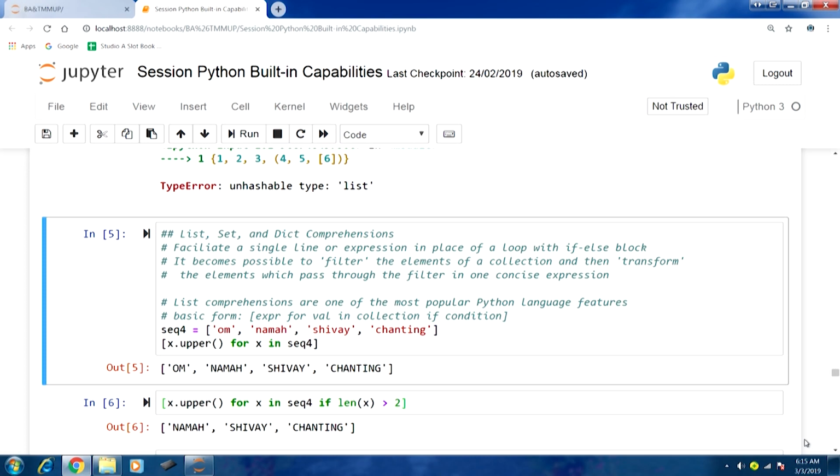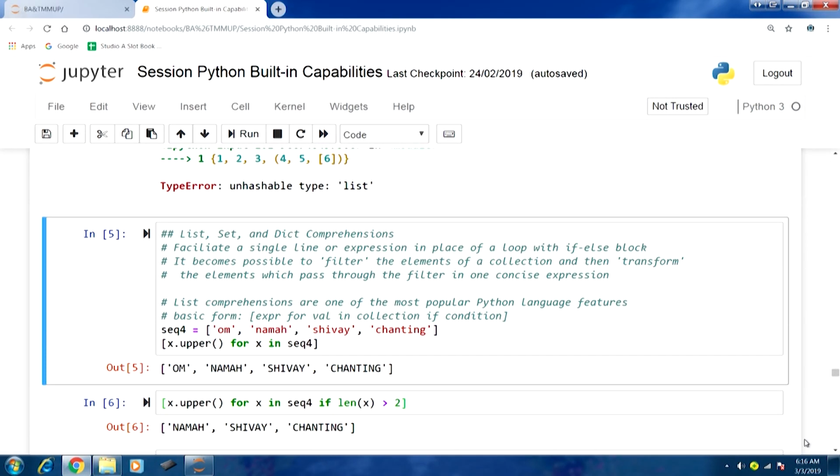Let us assume there is going to be some filtered output. We take that filtered output, x, and apply the upper method. So, whatever filtered string elements we get, we would like to capitalize the characters that are part of those strings. This is the transformation.